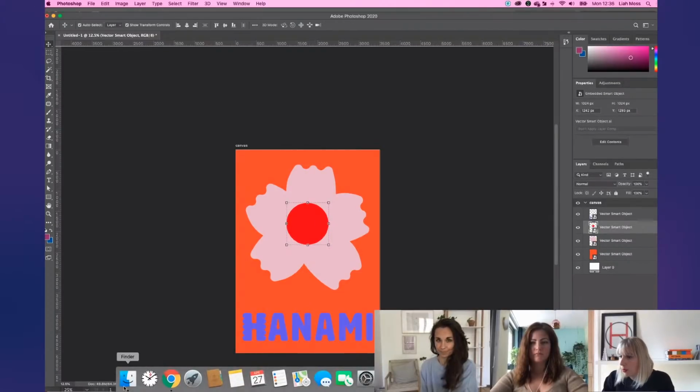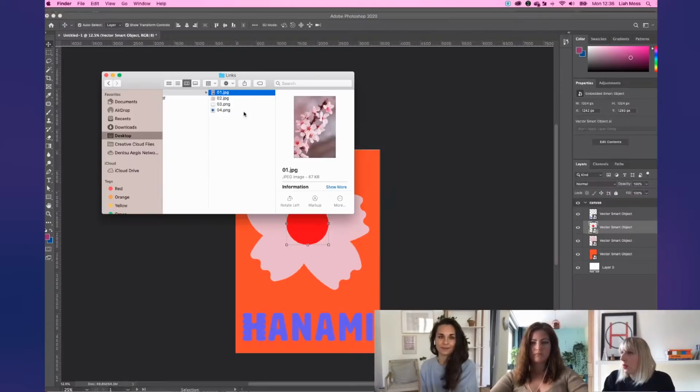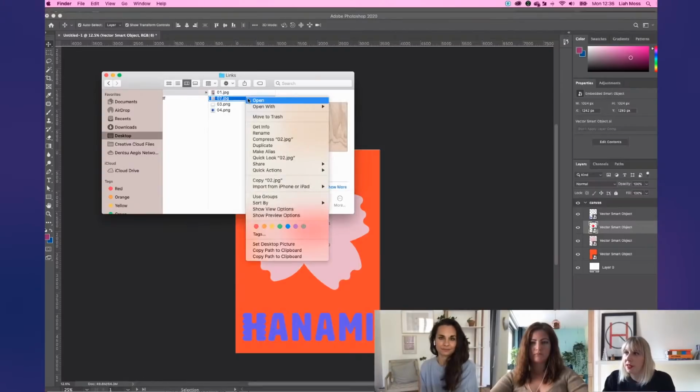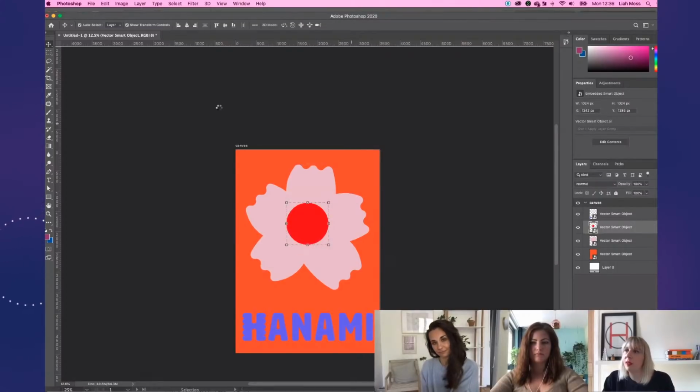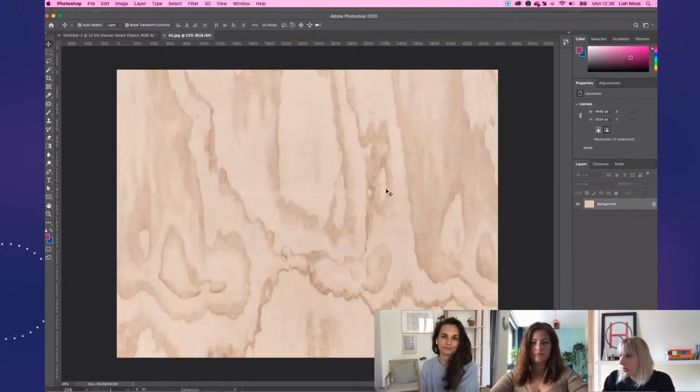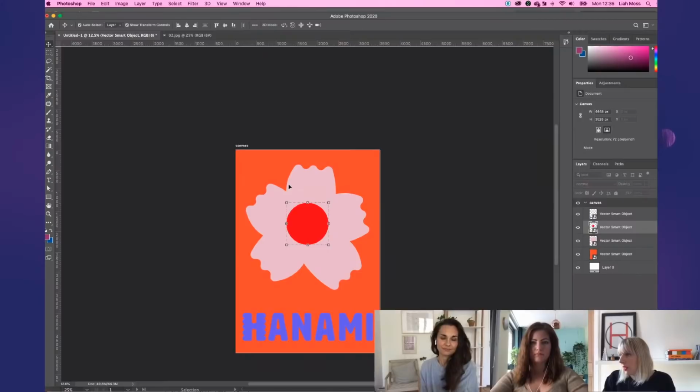And earlier I found some textures online. I think it was Graphic Burger that has some really good free textures that you can use. This was just a plywood one. I thought the texture was quite interesting, and I'm gonna drag this into here,